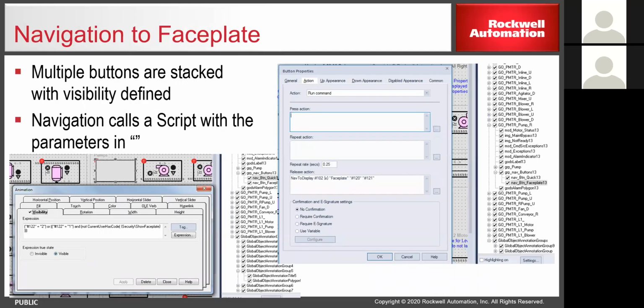So looking at another element of this, navigation to the faceplate. Again, looking at the exact same pump setup, I selected a different element now. So I'm down toward the bottom of the list of the elements, looking at